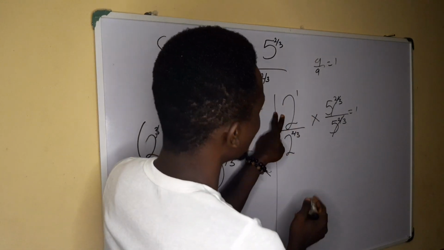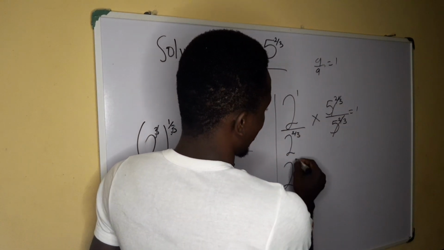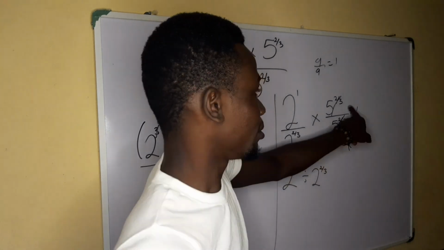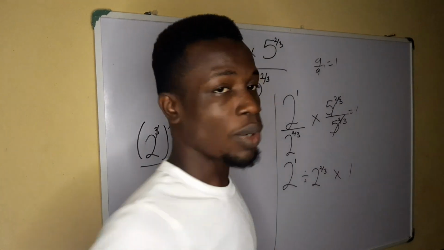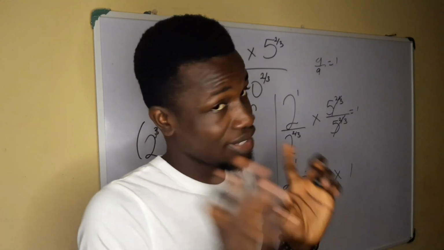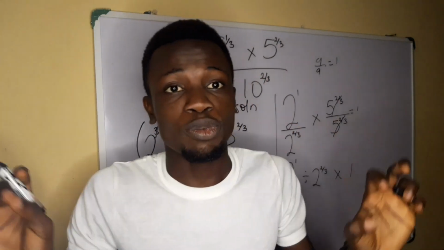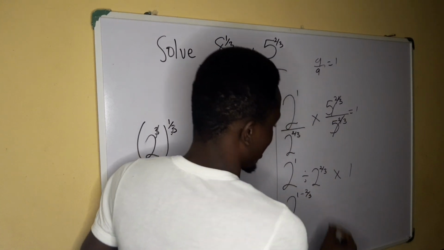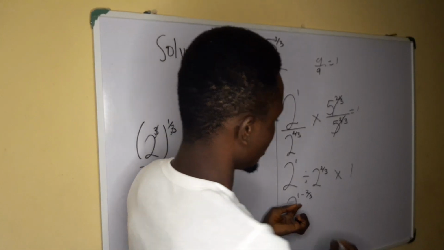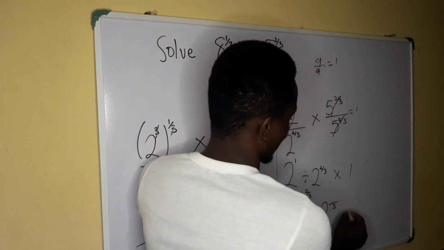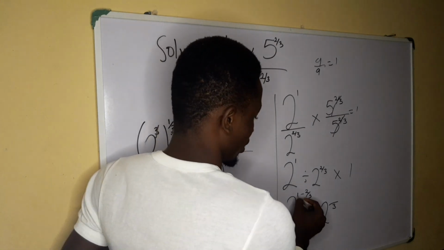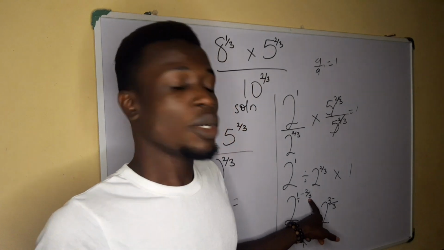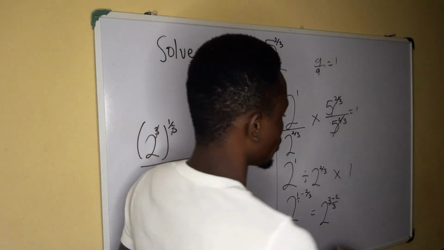So now we just have to solve this. How do we solve it? This is going to be rearranged as 2 to the power of 1 divided by 2 to the power of 2 over 3, then the 1 that we got here times our 1. So the next thing to do is division in indices. Remember, once they have the same base, you subtract their powers. So this is going to be 2 to the power of 1 minus 2 over 3. Now this is a fraction. The LCM is going to become 3. 3 divided by 1 is 3, 3 times 1 is 3, minus 3 divided by 3 is 1, 1 times 2 is 2. So if you subtract it, it's going to give us